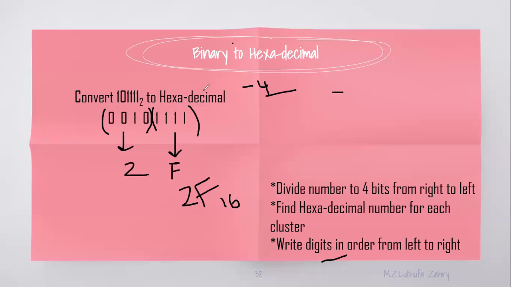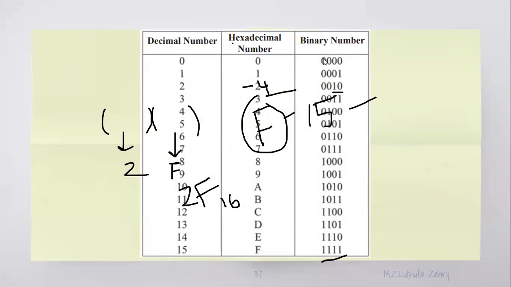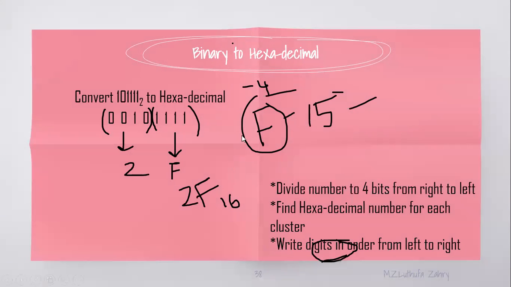Why are we dividing it into 4 bits? I said 15 is the largest number. It means F is the largest number in the hexadecimal number system. As I showed you, F is 4-bit 1111 in the table. So for the conversion, that is the method: you have to write everything in 4-bit, 4-digit format. Then only you'll get the correct answer, the right converted number.